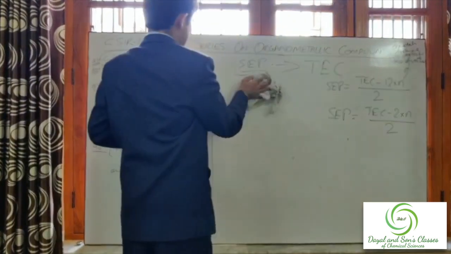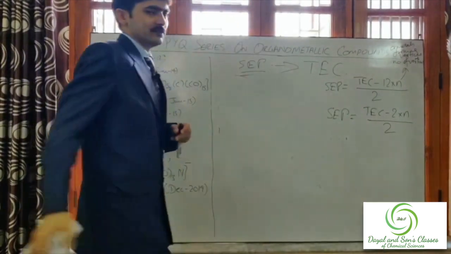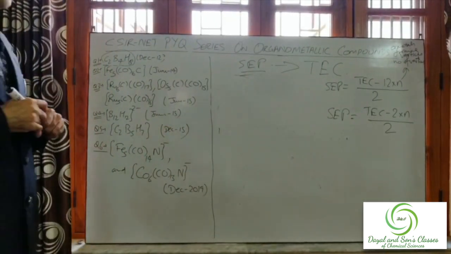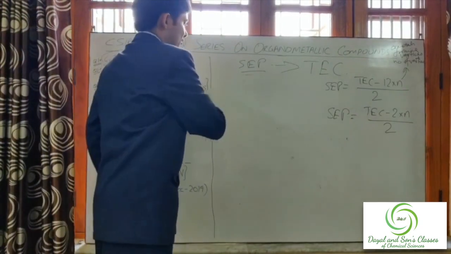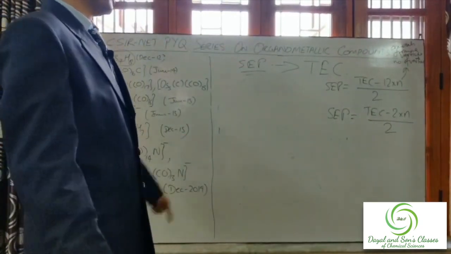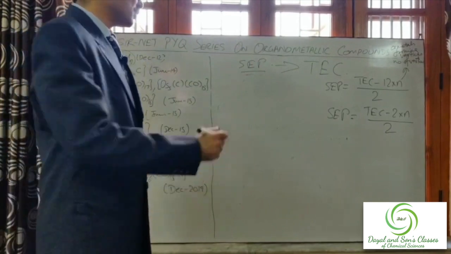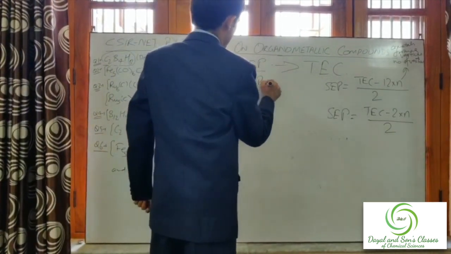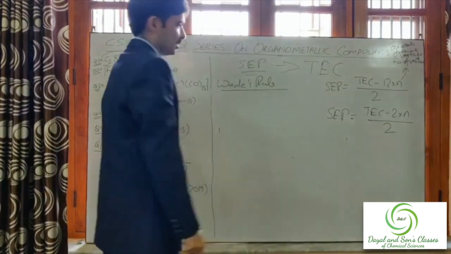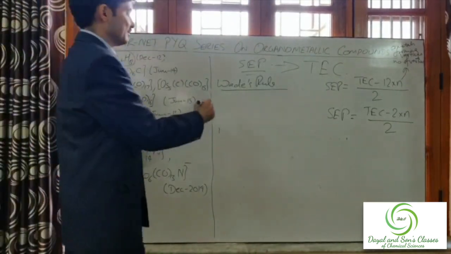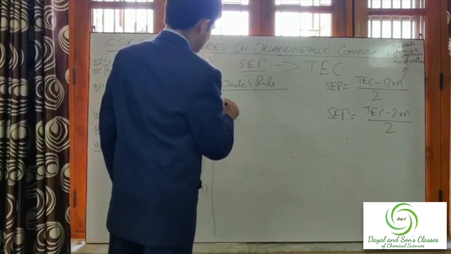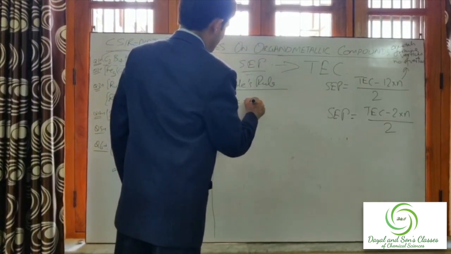Now, before solving this, let's see how this SEP will help us in finding out the cluster type. For finding out the cluster type from SEP, we use Wade's rule. What does Wade's rule say? If the skeleton electron pair, SEP, is equal to N plus 1,